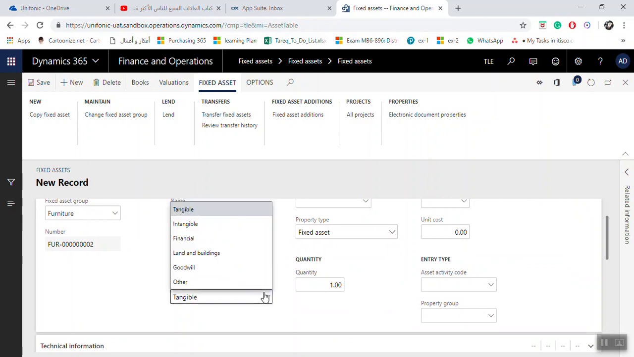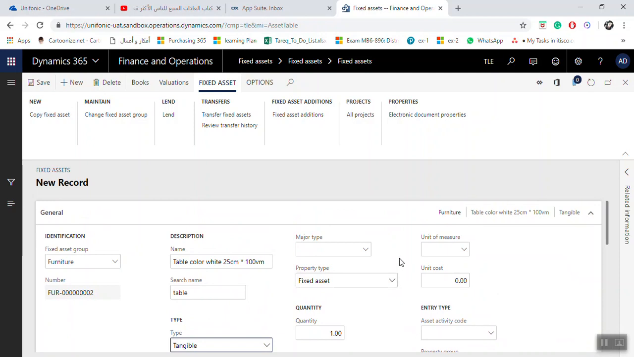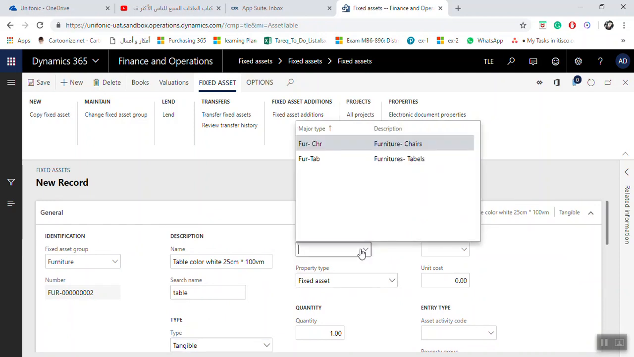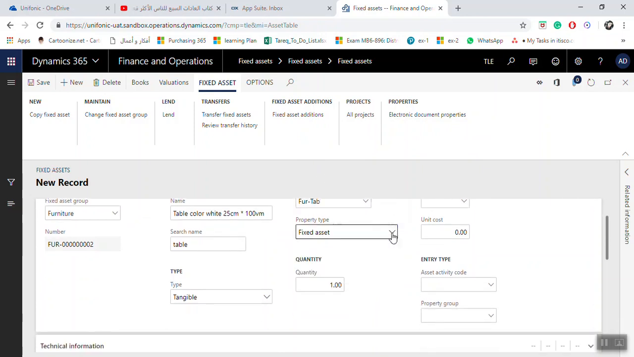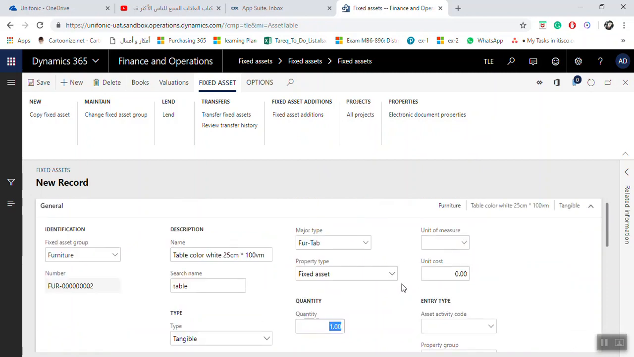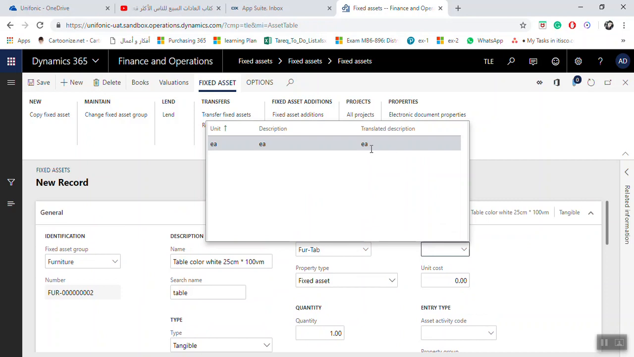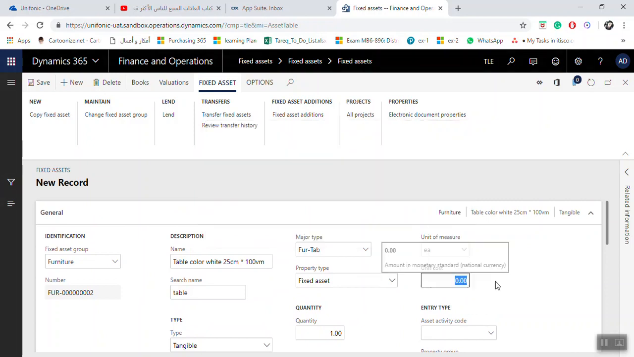The type here is by default generated from the fixed asset group, which is furniture. The measure type here, what is the measure type? For example, furniture tables. What is the property group for fixed assets? What is the quantity for tables? If you purchased more than one, you have to put the quantity here. Unit of measure is EA, and the unit cost, for example,